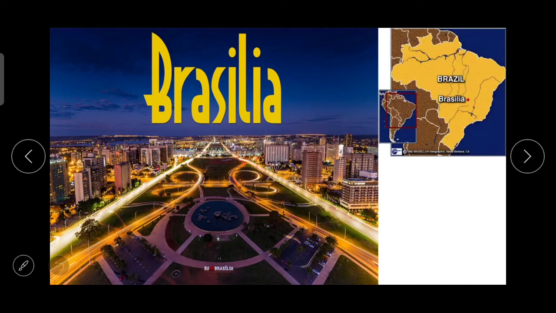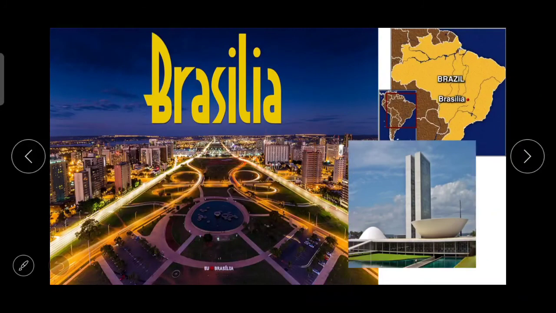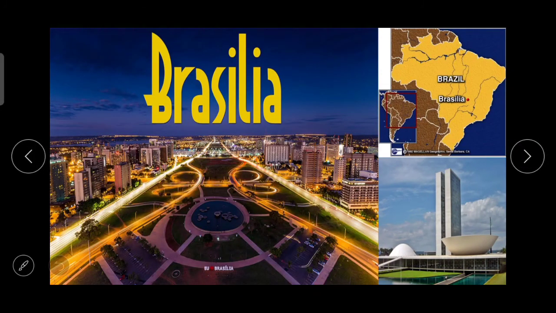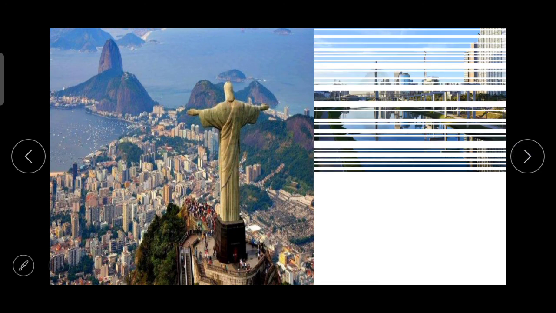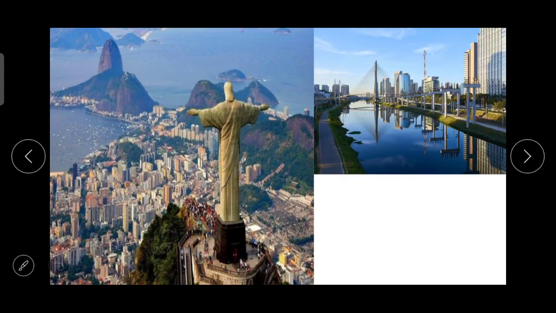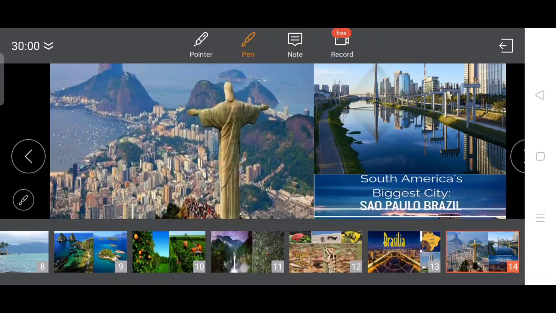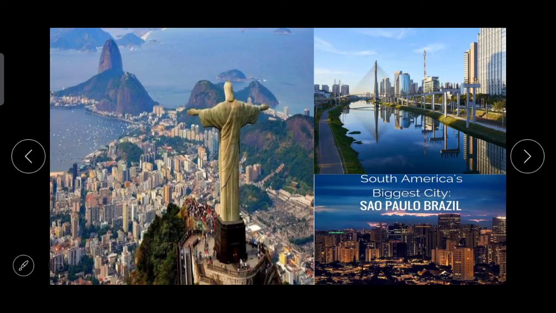Then the new capital city of Brasilia is also a tourist attraction. Then next to that, cities like Rio de Janeiro and Sao Paulo are large cities which attract lots of tourists. Just like in India, Mumbai is the city which attracts lots of tourists. So Sao Paulo, Rio de Janeiro and Brasilia are the cities which are tourist attractions in Brazil, and